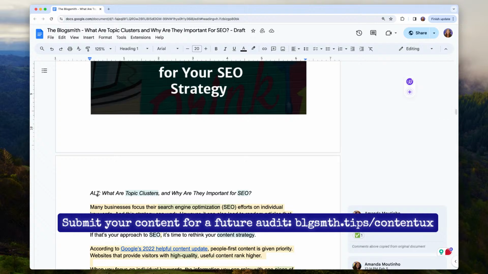So every image you'll notice has an alt tag. Alt tags are really important from the content experience perspective because not only do they help search engines understand the context of the image, but they also help people who are using assistive technology like screen readers. So people who may be blind, for example, and who can't visually see the image, they need some additional context to understand what it is and how it relates to that article. So we always include alt tags by default.